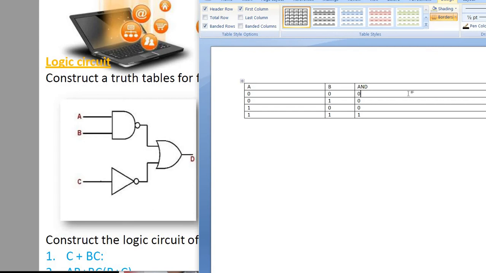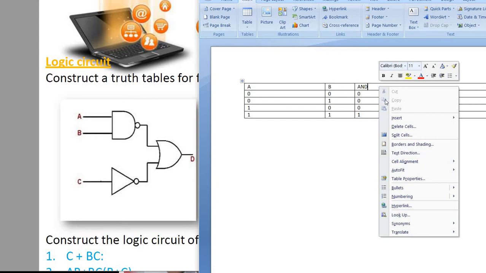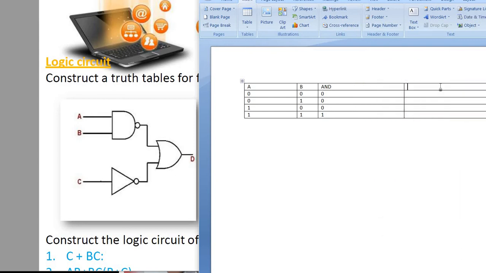Now for NAND we have to design. We will make one more cell in this. Here we will design the NAND gate.